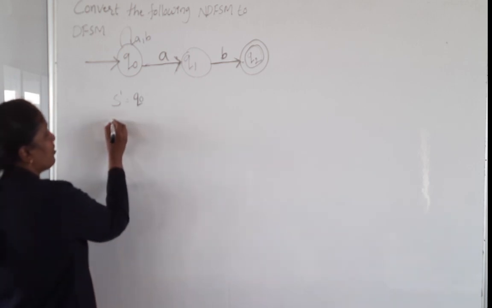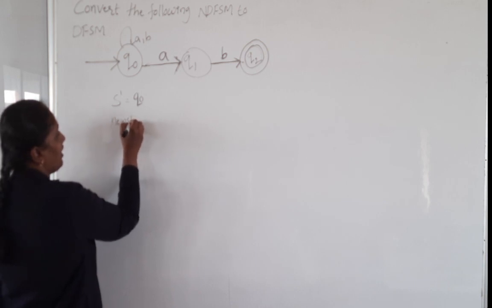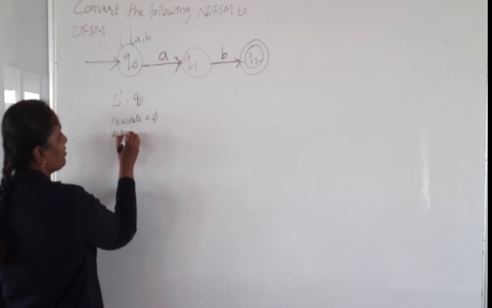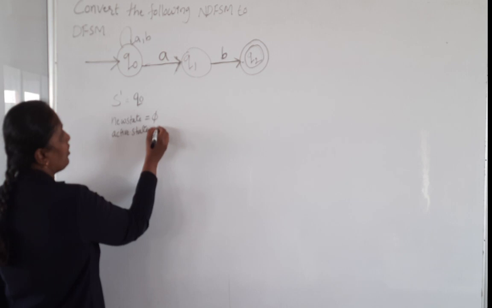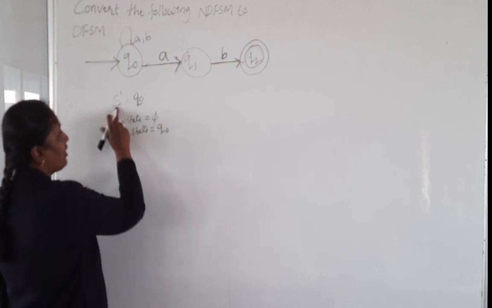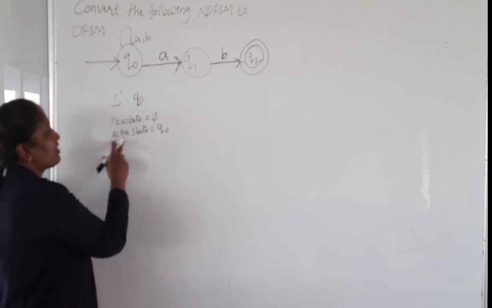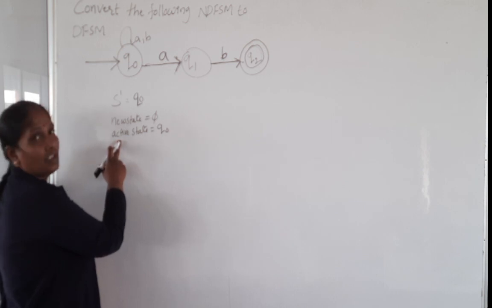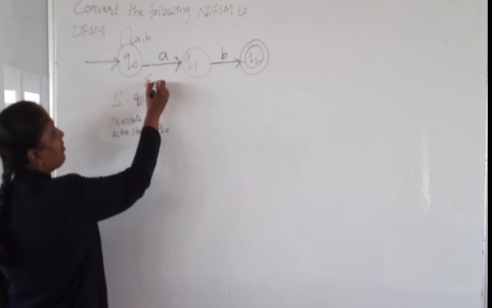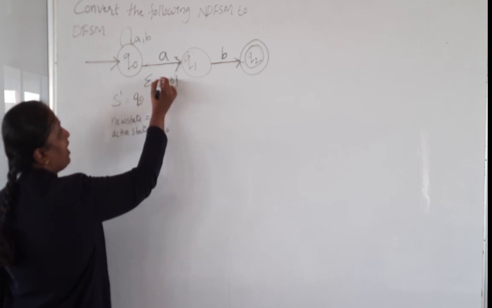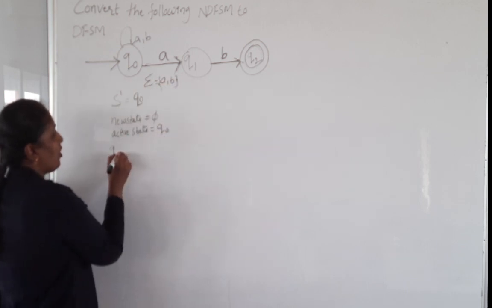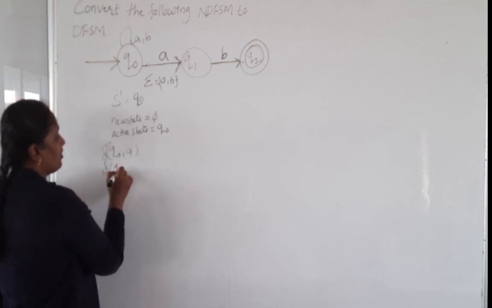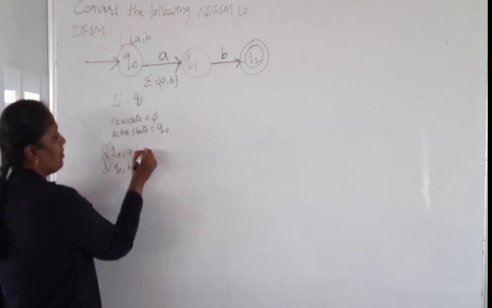Next, we should write the new state and the active state. New state, the initial value is none, and active state equal to the S dash value, which is Q0. Next, we are going to find transitions for this active state for a given input symbol. What are the alphabet values here? A, B are the alphabet here. So we should find the transition from Q0 for input symbol A, and next, the transition from Q0 for input symbol B.